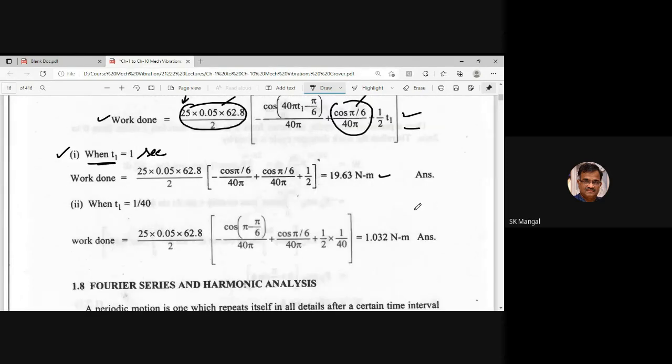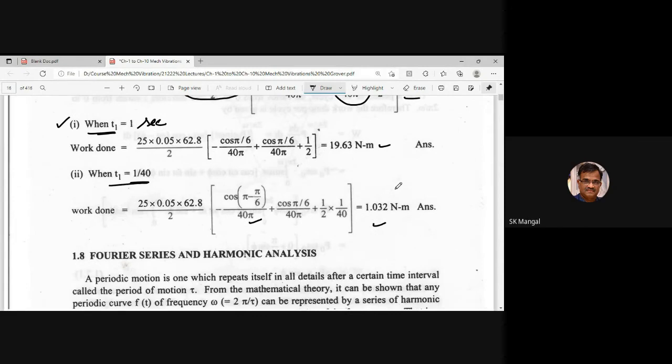for any time period, say 1 by 40 second, and again you put the value of T1 here, that is 1 by 40. This is again T here. So you get the value of the work done in this 1 by 40 second, that is, the first 1 by 40 second of the